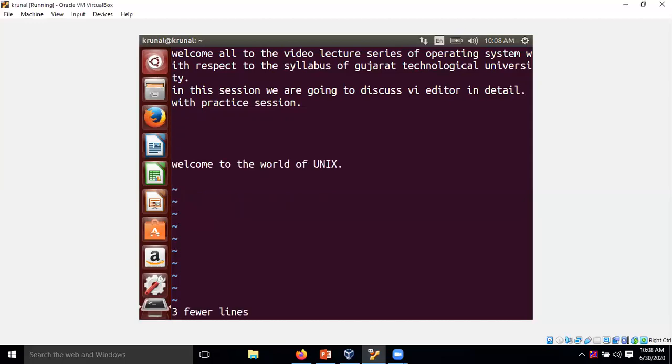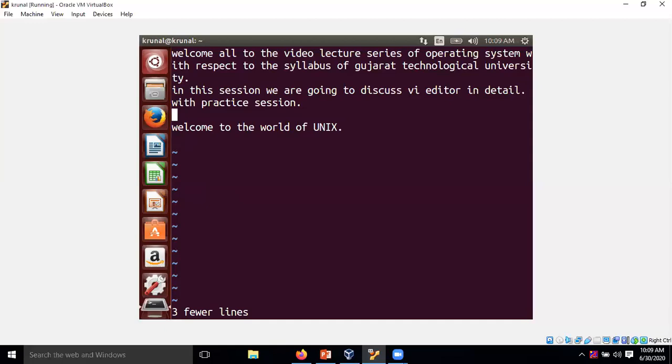If I want to remove three lines again, it is removed. So these are the various options available with the vi editor. These shortcuts you have to remember, because they will be useful.